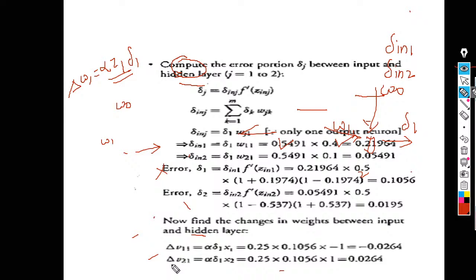Similarly, change in V21 is alpha into delta 1, multiplied by x2. So x2 is coming over there, and it is calculated as 0.25 into 0.01056 into 1, and that is